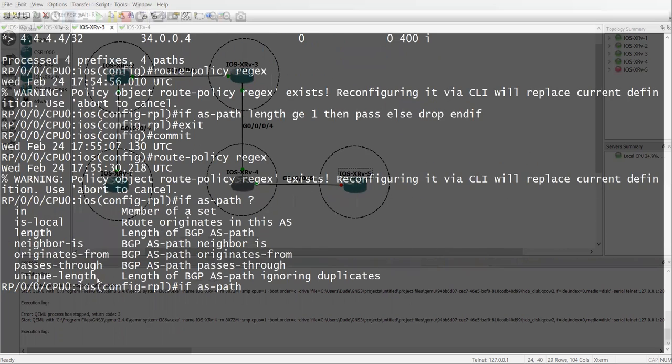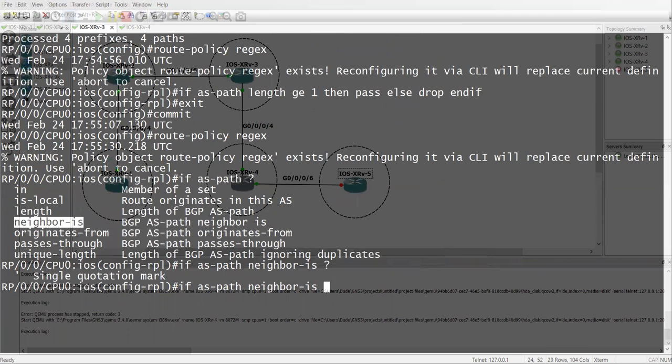If AS path, so this we have done, length we have done, neighbor. This is saying if the neighbor is this one, it means if the last AS is 200, from left to right, right? If that is 200 or that is 300, just match. So right now, who is my neighbor? Only 200 is my neighbor, right? So I have to say here, if neighbor is in the single quote, that is 200,